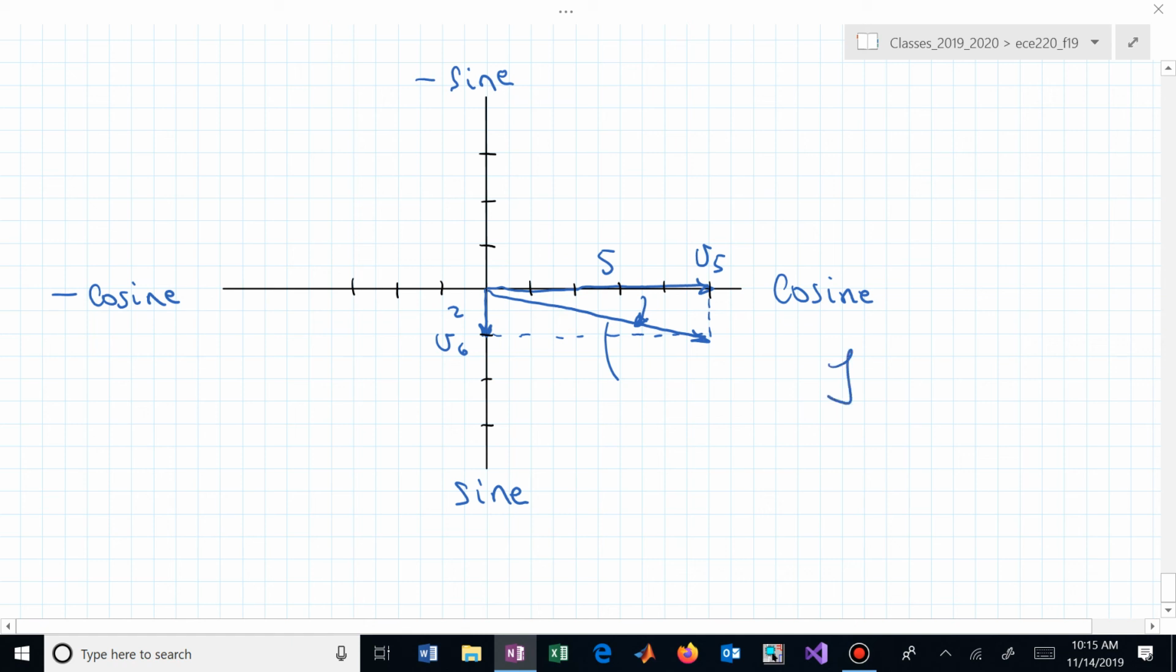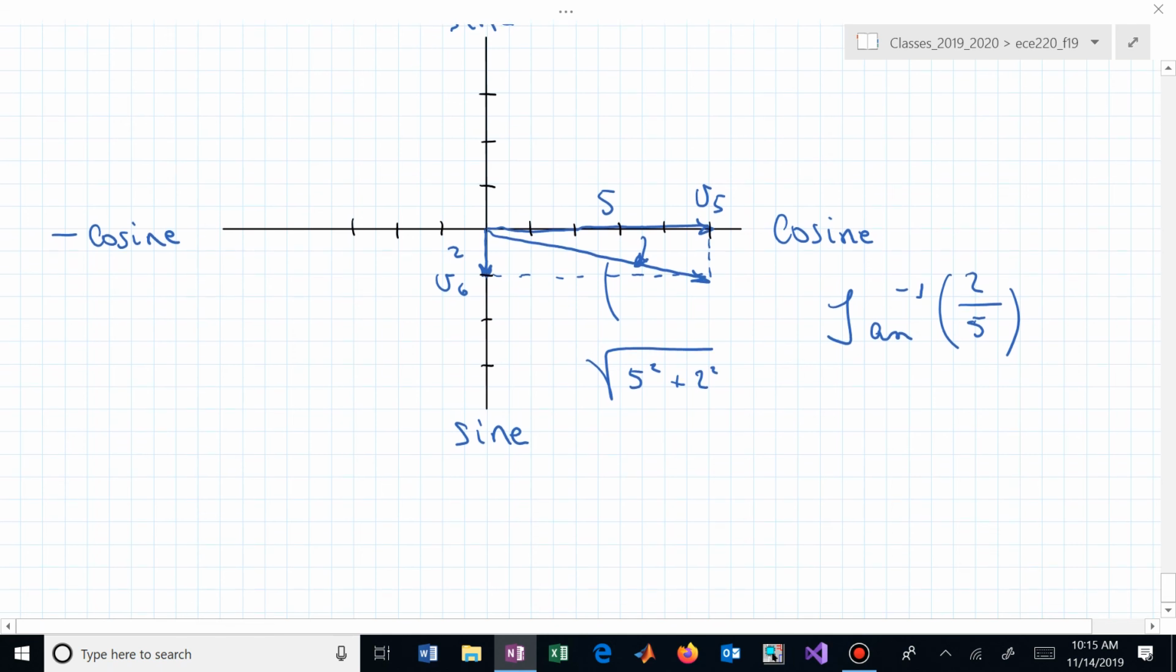The angle itself is the inverse tangent of 2 over 5. And the length, that's just a squared plus b squared square rooted. So the length is now going to be 5 squared plus 2 squared. Or we can now say that V5 plus V6, which was a sine and a cosine added together, is actually going to be the square root of 29, which ends up being a little bit more than 5,